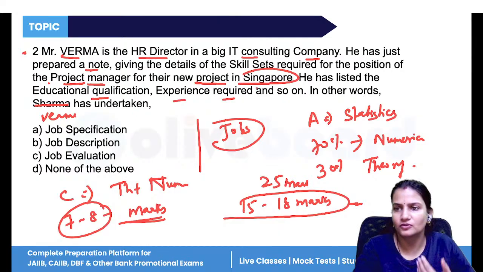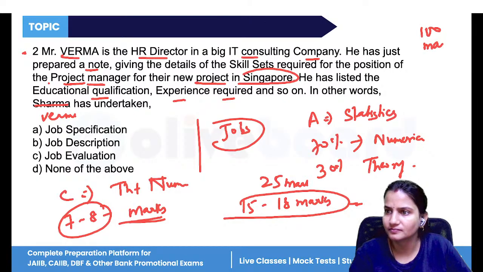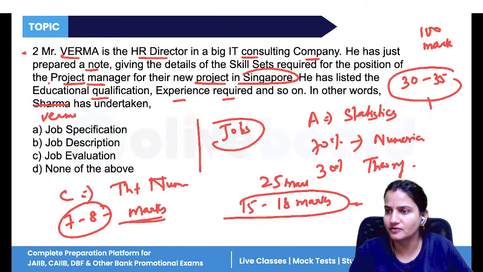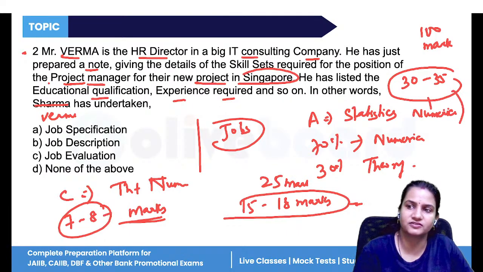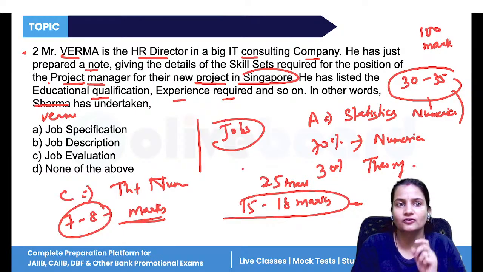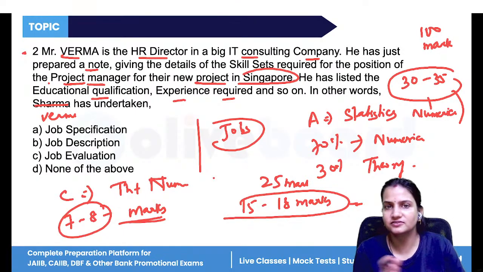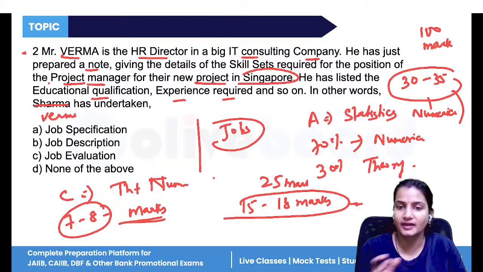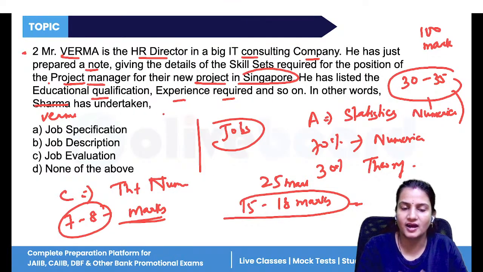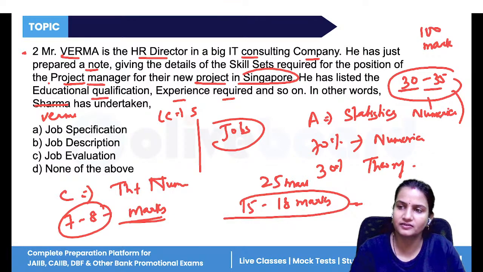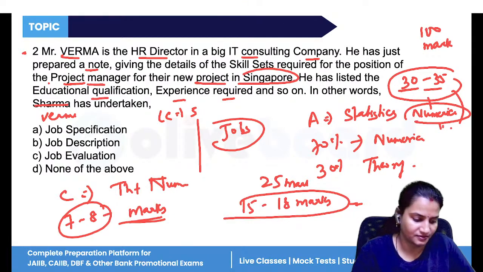So altogether, out of your 100 marks of the paper, you can expect 30 to 35 marks of numerical questions, and the rest will be conceptual questions. In the case study also, there are two types: one is the full numerical case study, and one is the full theoretical case study. Like last time, the practical case study was asked from your module C, that is letters of credit. It was of 5 marks, and the rest of the numericals were asked from your statistics. So we can assume that you can have numerical questions worth 30 to 35 marks.